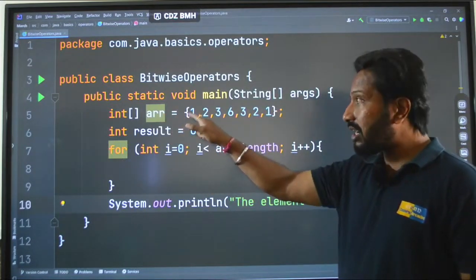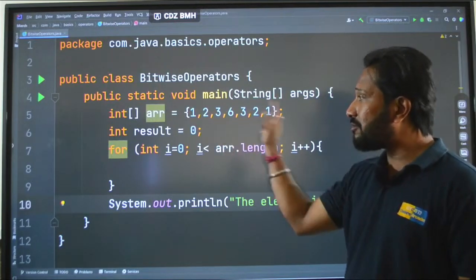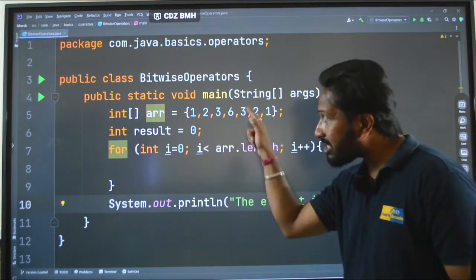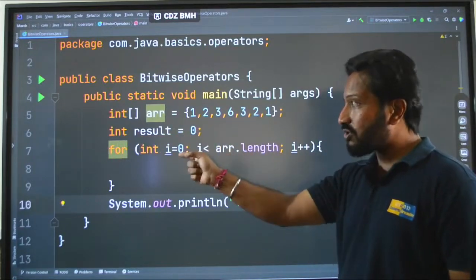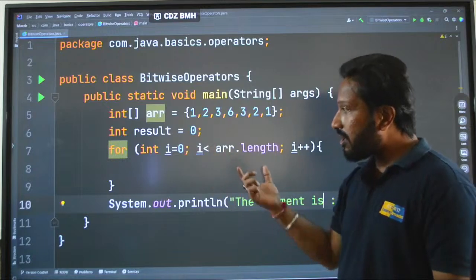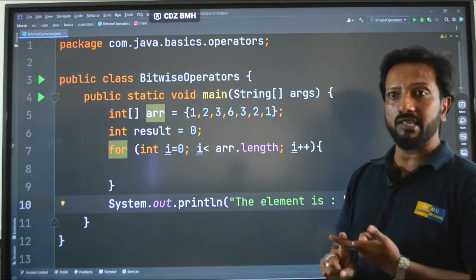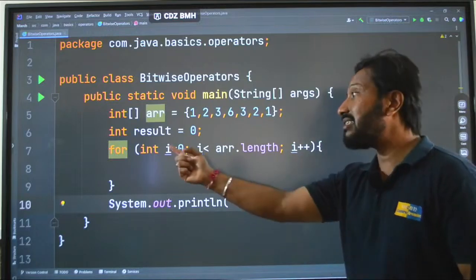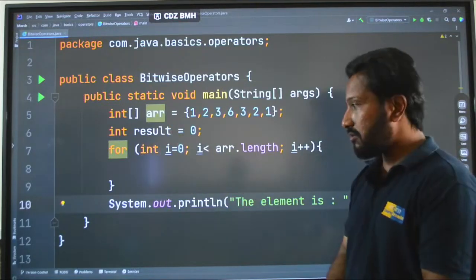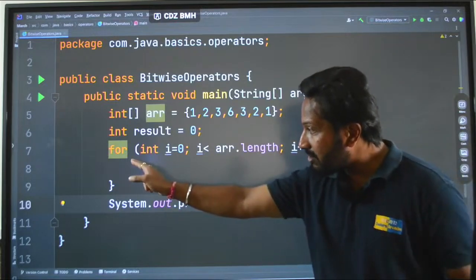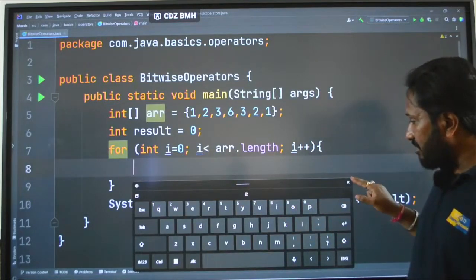See here, all the other elements are repeated at least twice, 1 1, 2 2, 3 3, and you can see 6 has not been repeated. Here I have a variable called result, initialized to 0, and after this for loop, you have to find the 6 with time complexity O of n, that is linear time complexity, meaning only one for loop. That was the question. You have to make some changes inside this for loop so that the final answer is